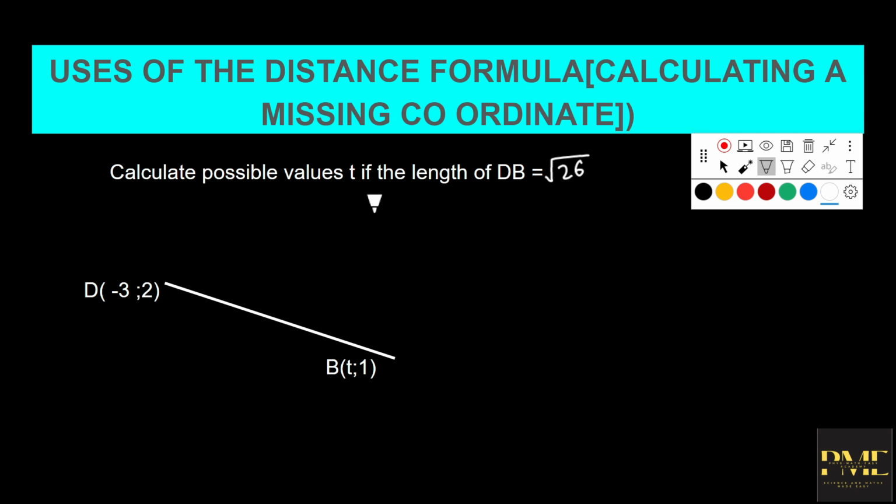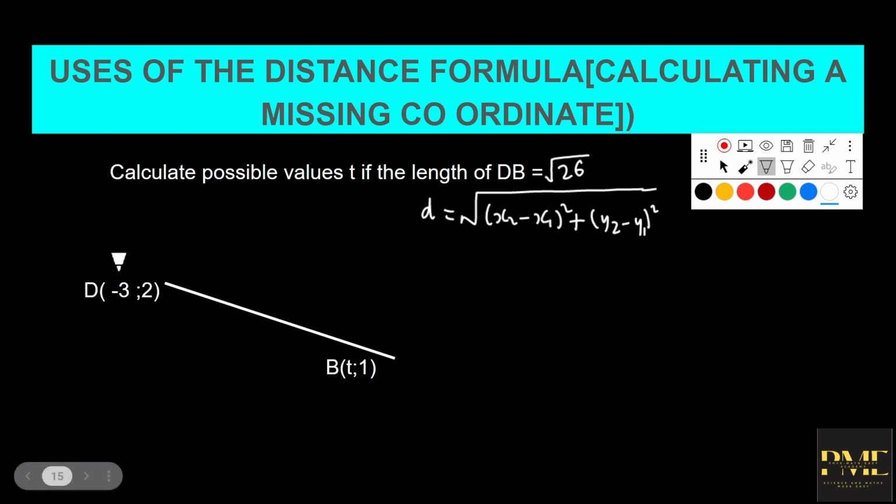Right, cool. So to do this, we just make use of the distance formula concept to calculate our missing coordinates, okay? So we know that our formula is the square root of x2 minus x1, all squared, plus y2 minus y1, all squared, right? So here we have x1 and y1, and we have x2 and y2. Furthermore, we are also given a distance, so our d is the square root of